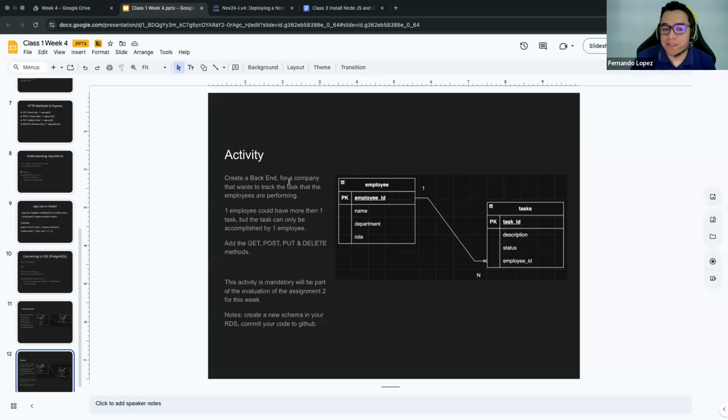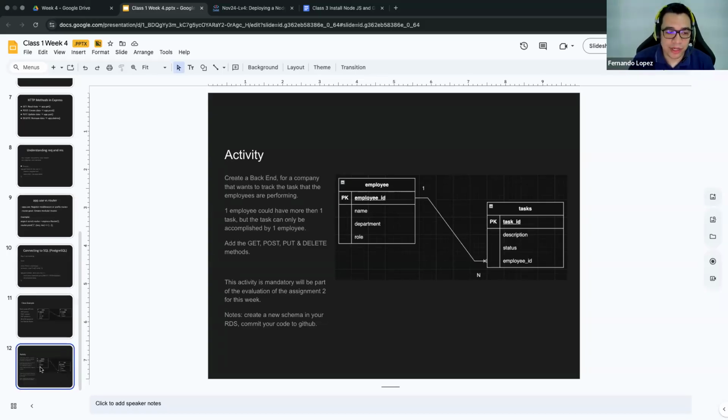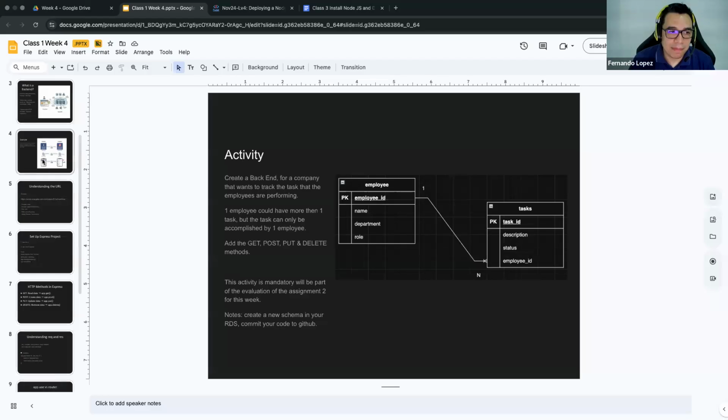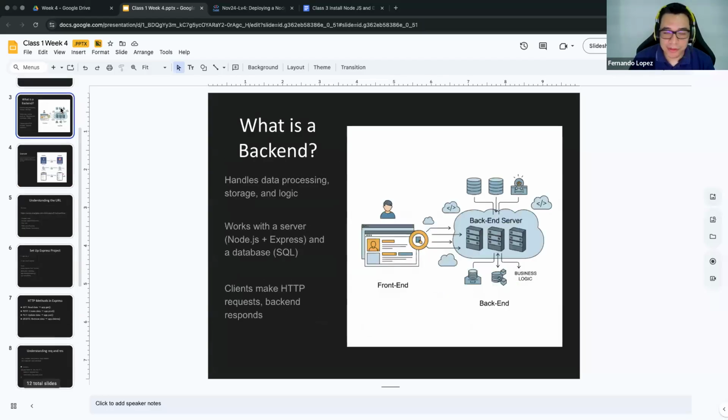So we have finished the lesson. And as a summary, guys, a backend is very helpful if you want to manage the logic of your application. And that application could have several clients or several frontends. In this case, we could have a React frontend, or we can have a mobile frontend too. That's possible.